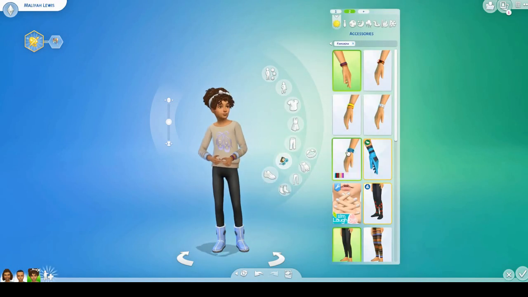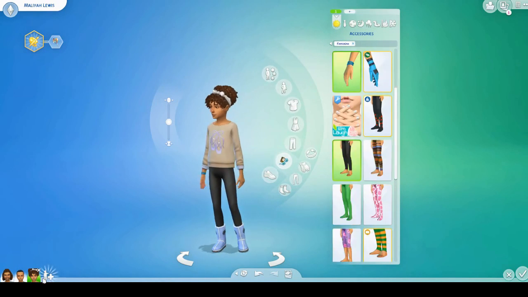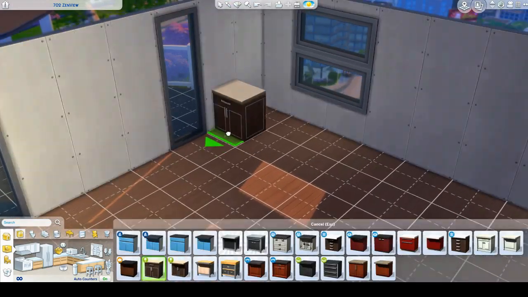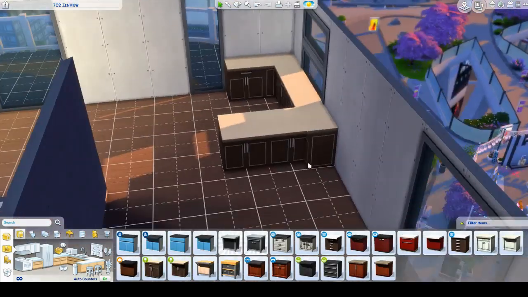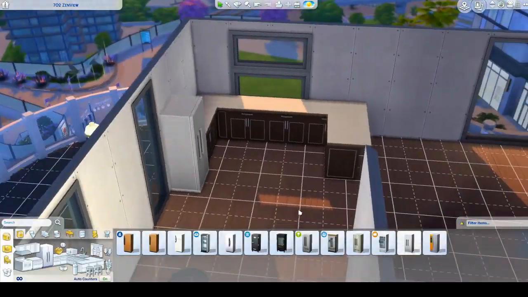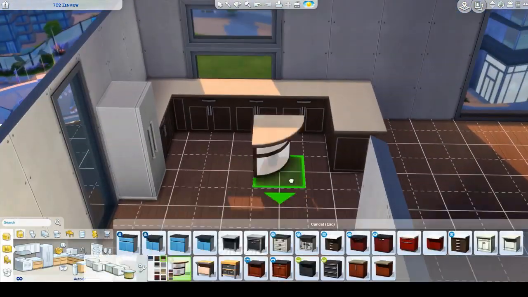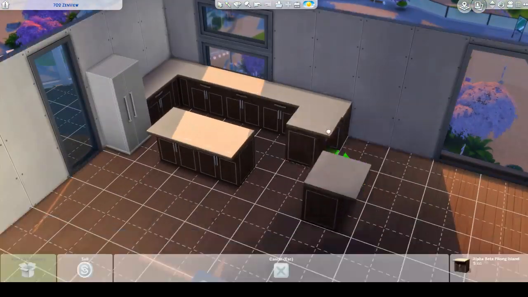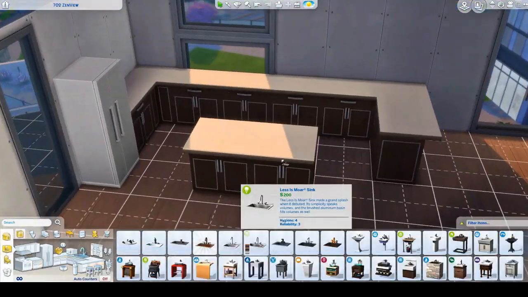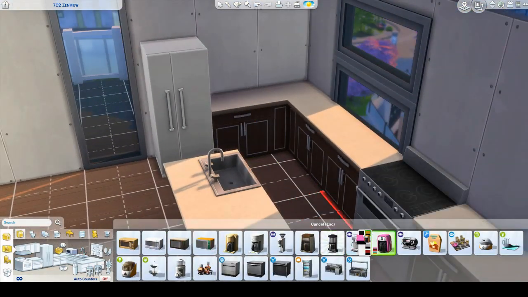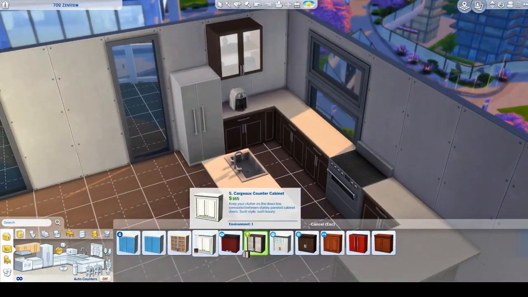But that is pretty much it for the Lewis family. I did create their dad, Michelle's brother, and then I later killed him off because you can't do complex relationships. Not that aunt and niece and nephew are complex at all, but it's just a frustrating thing that we have in custom content. Wow, what am I even talking about? In Create-a-Sim, we can't customize their relationship, so it's a little annoying. I did make their dad and then killed him off right away.